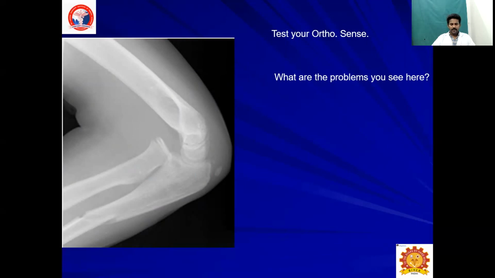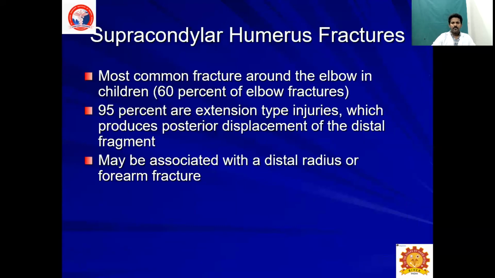Here you can see a fracture, classically on the ulnar side, and you are going to see multiple lines intersecting over the distal part of the humerus. Here you can see the radial head which is not in position at all. So always make a practice of taking an X-ray of the normal limb to assess and compare the fracture. The supracondylar humeral fracture is the most common fracture.